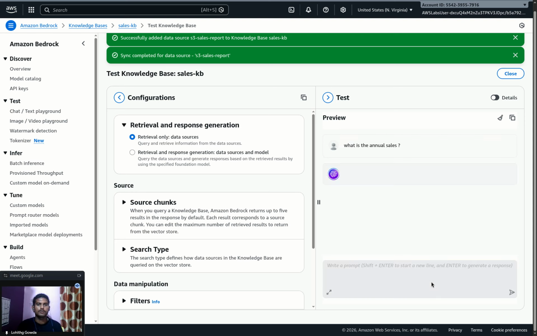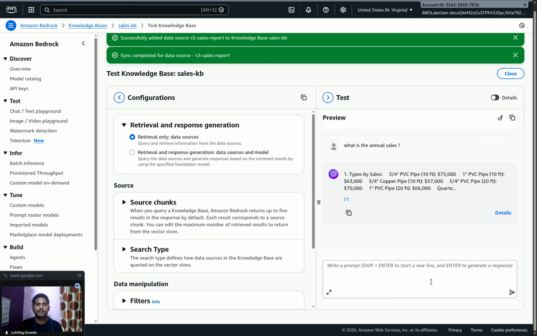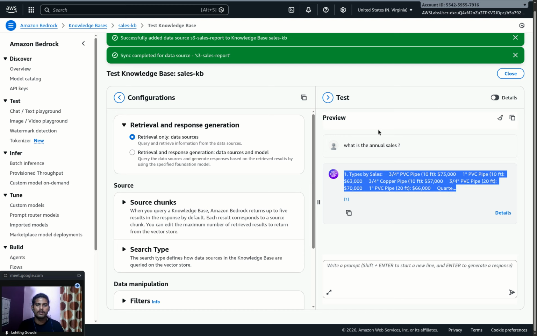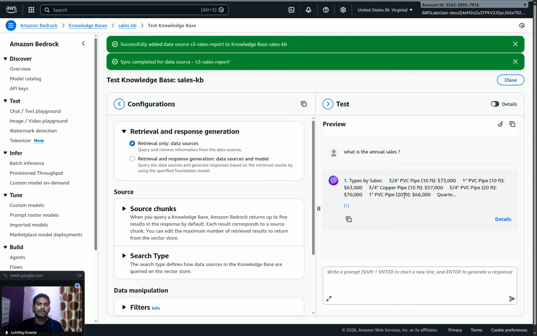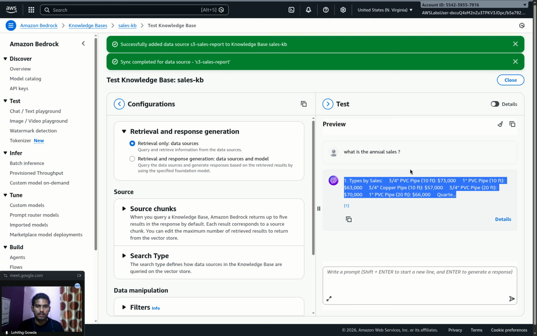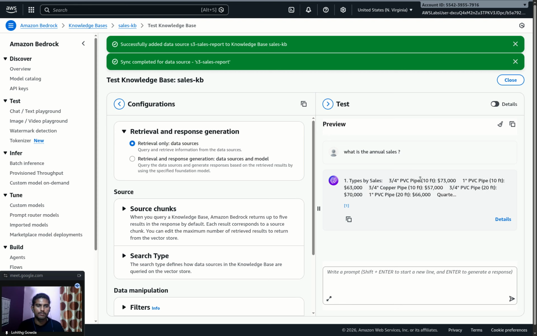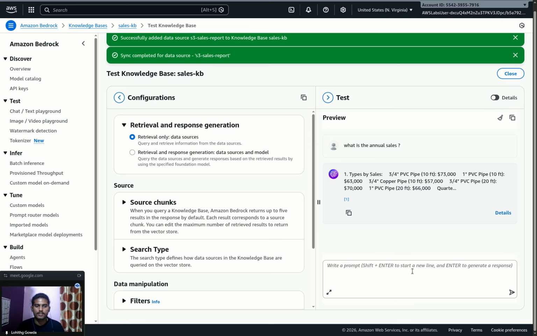What I am trying to do here is show you the difference between the only retrieval and retrieval with the foundational model. When we retrieve only the data, we get all the data which is in a clumsy manner, so that we can't get a direct insight out of it,